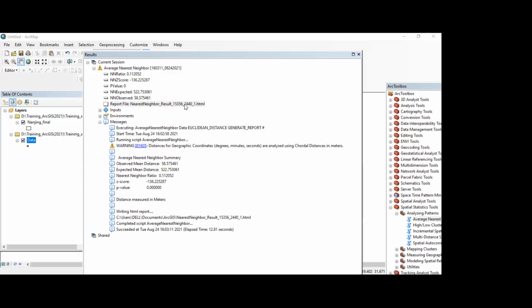Since you saw the importance and what the hotspot means, then this can help you also to decide, or to make a decision, or to make some